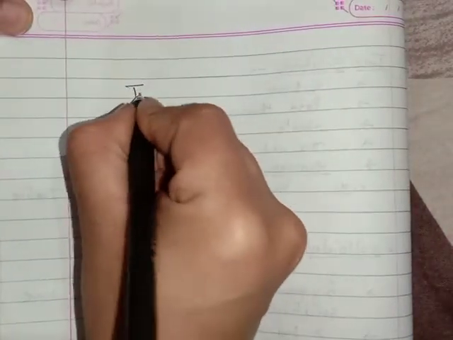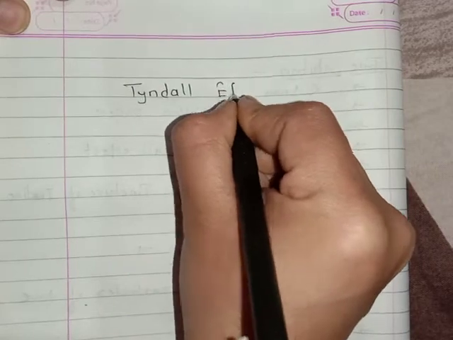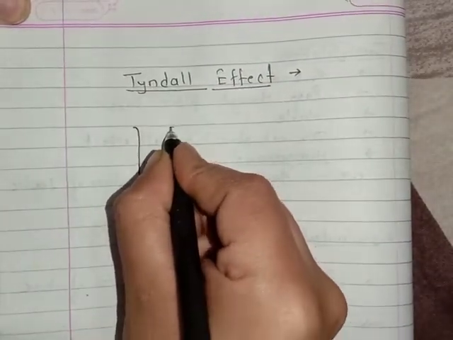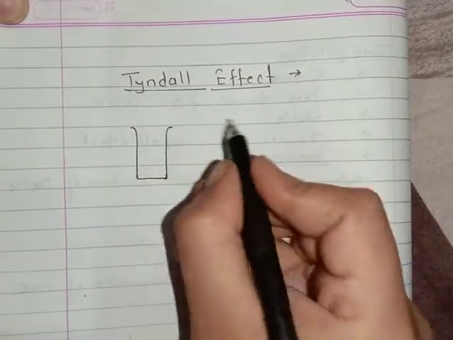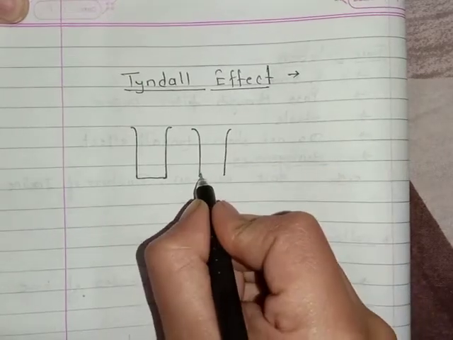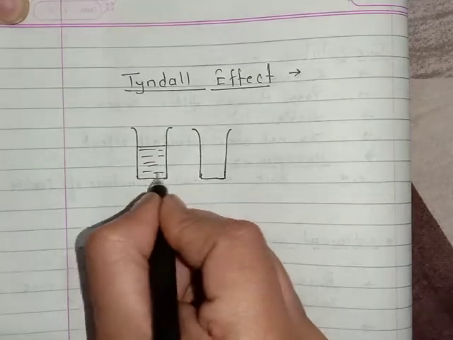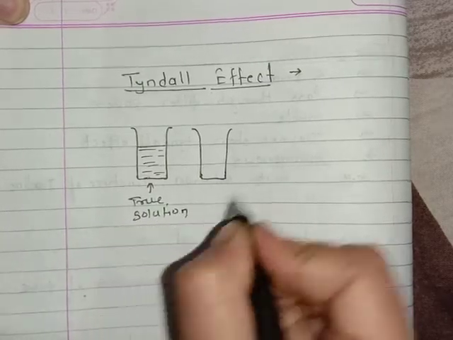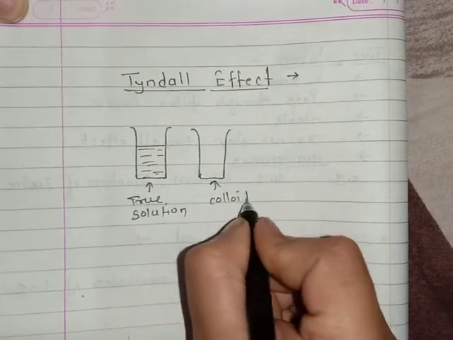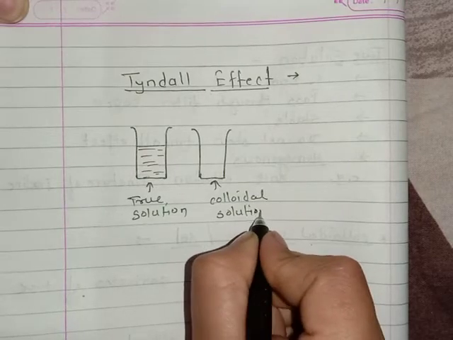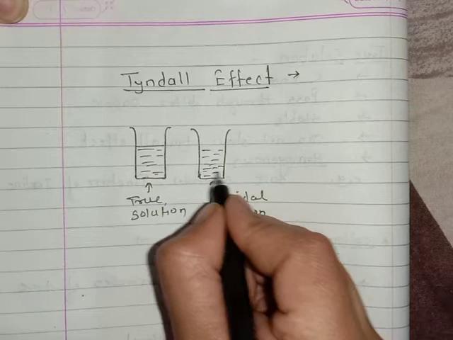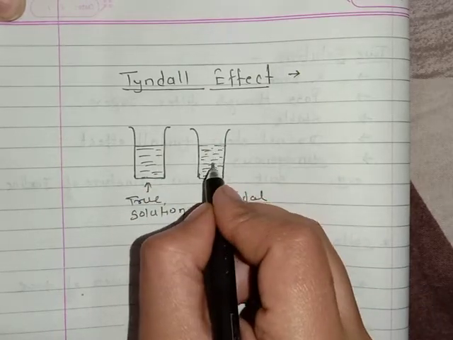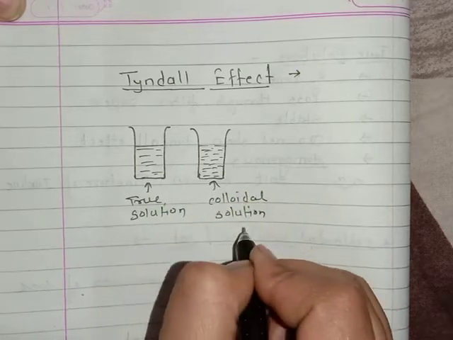Children, let us see an activity of Tyndall effect. तो बच्चों ये एक्टिविटी हम कैसे करेंगे देखिए. इसके लिए हमको एक ग्लास जार या तो फिर ग्लास का कोई टम्बलर या ग्लास बीकर भी यूज़ कर सकते हैं. फर्स्ट बीकर में हम लेंगे कोई भी टाइप का ट्रू सॉल्यूशन, जिसमें हम प्लेन वाटर भी ले सकते हैं. सेकंड में कोई कोलाइडल सॉल्यूशन, जैसे मिल्क या मिल्क ऑफ मैग्नीशिया, या वाटर में few drops of milk added. So that also you can take as a colloidal solution.